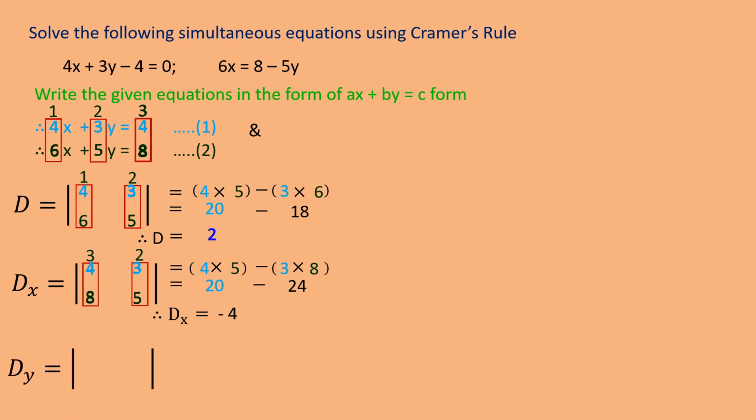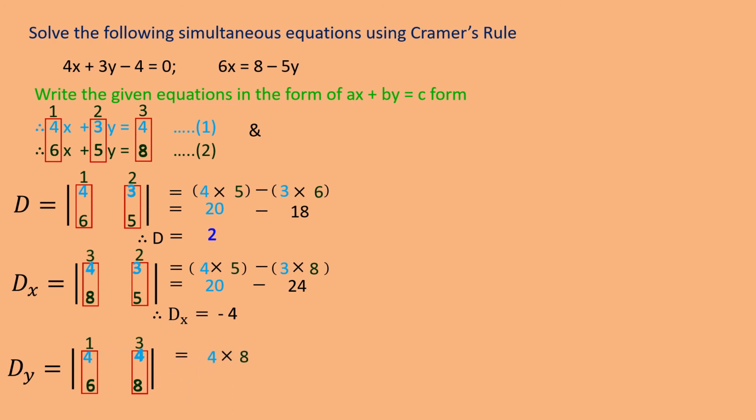Let us go for dy. So dy, the determinant of y, will again contain two columns, that is the first and the third one, which is also known as 13. So see here, for D we have 12, for dx we have 32, and for dy we have 13. So once we remember this, we won't make any mistake. Let the elements of column 1 come down, and the elements of column 3 come down. The order should not change. Now we will solve them.